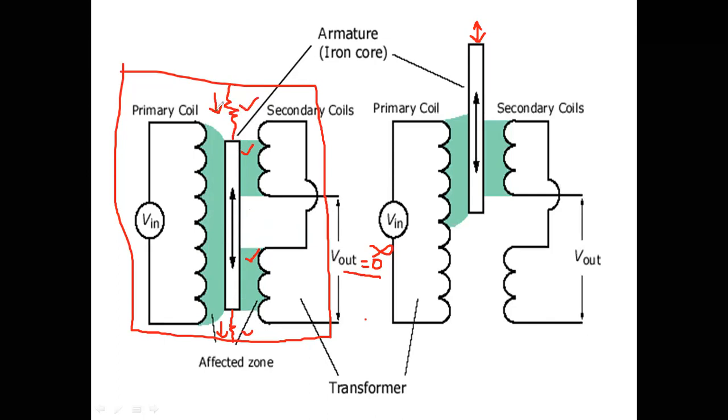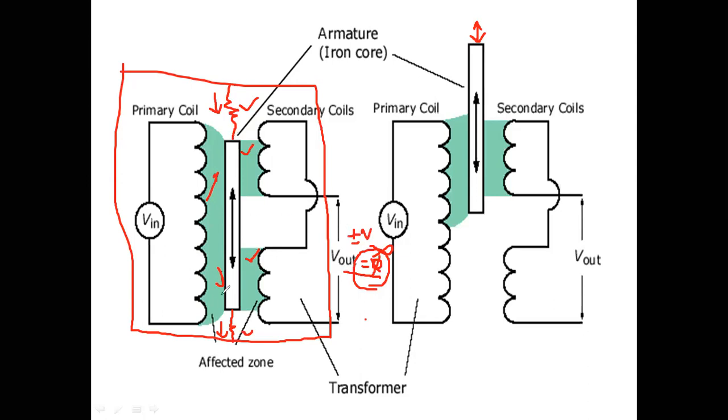If the stiffness of spring is lost, the spring elongates, and then the core cannot stay at the center position. The core will move down or up depending upon the stiffness of the spring. So what will happen? Output will be induced. Now output is not zero; output may be 1 volt or it may be 2 volts likewise. I will get a positive or negative value, depending on the